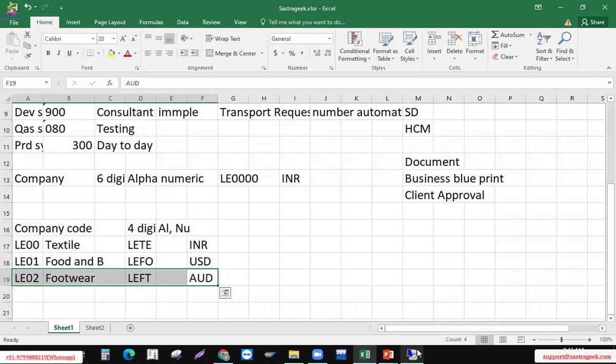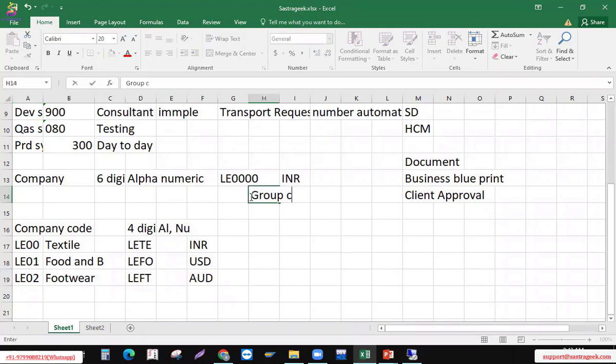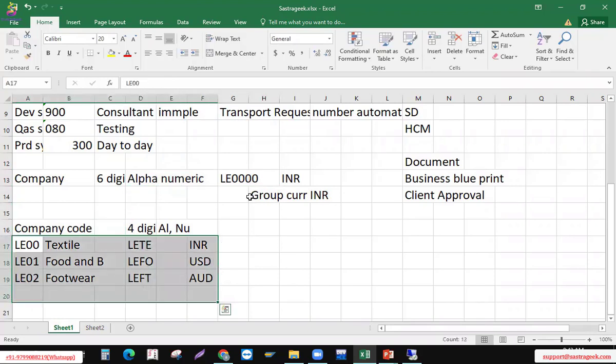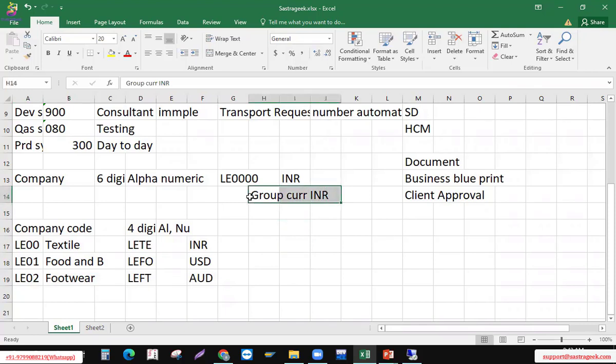Okay, but it's a way. Yeah, it's doable. Okay, we will maintain here group currency as INR. Then what will happen: irrespective of your group of companies' currency, whatever currency you are using, my reports will be converted into INR